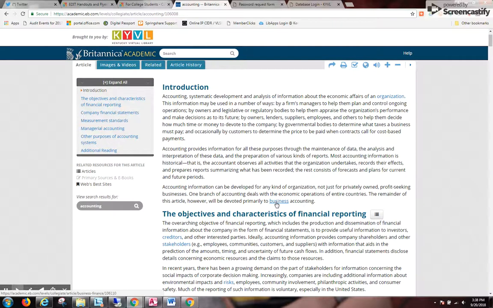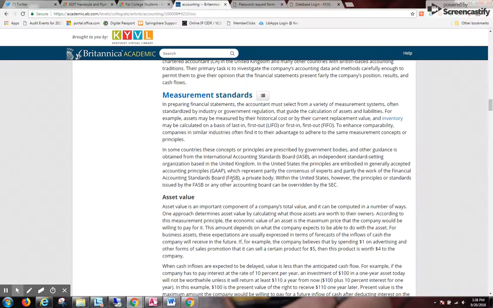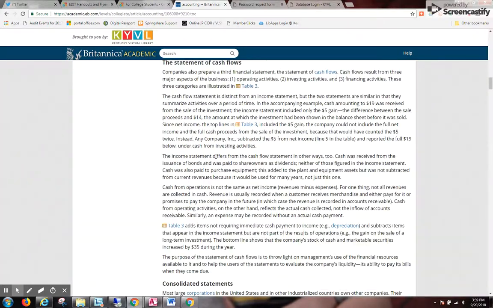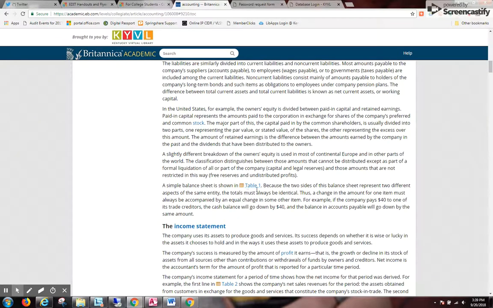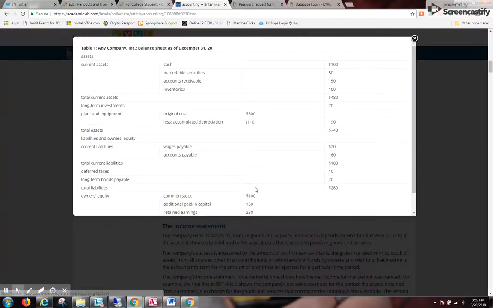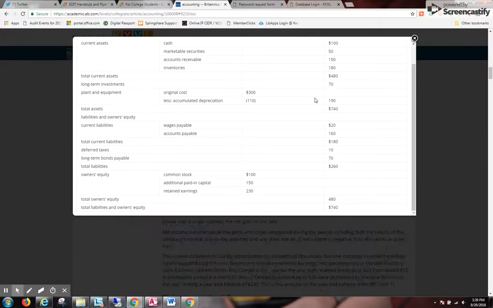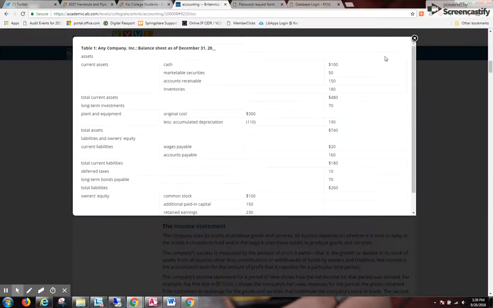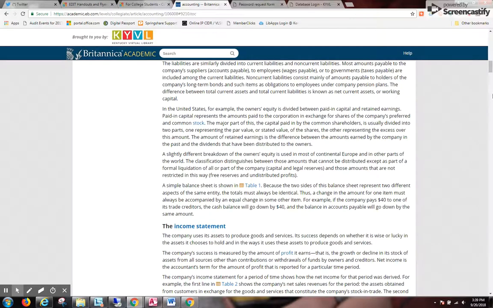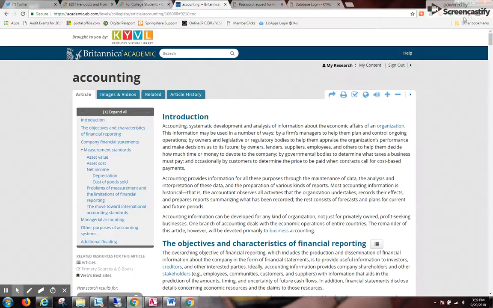All the blue text is links off to other encyclopedia entries. I can go to a particular section by using the table of contents. There are tables and charts that I can look at. So that's additional information to be on the lookout for. And from here,